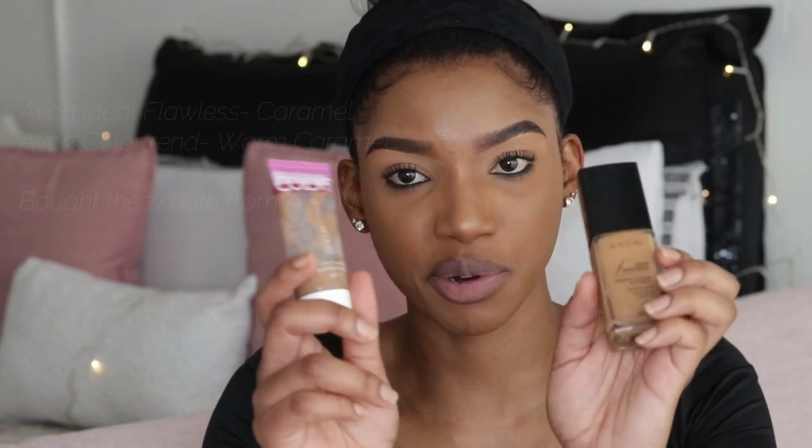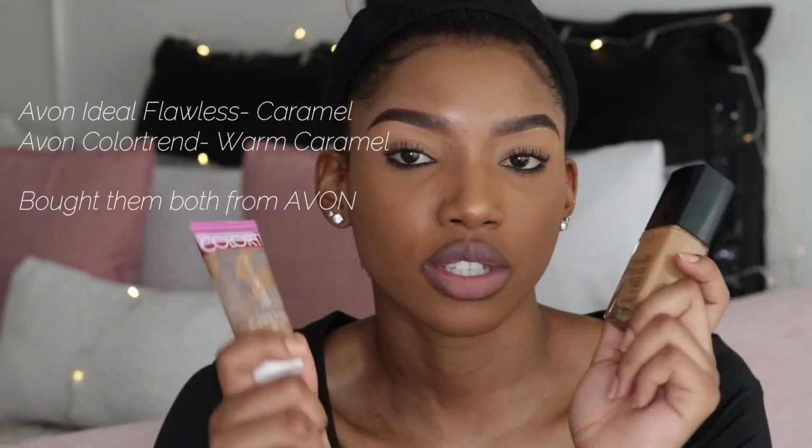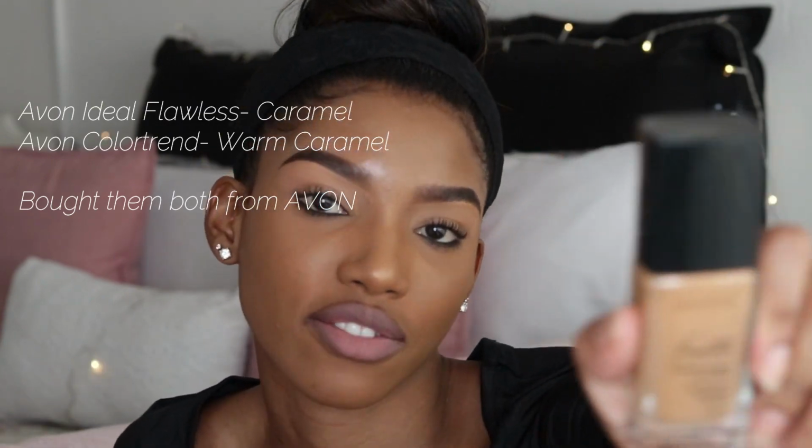Then I have experimental foundations. I'm calling these experimental foundations because, as I said, I'm always trying to just... This I bought from Avon, and it just basically says Avon Ideal Flawless Invisible Coverage Foundation 30ml, and this is in the color...